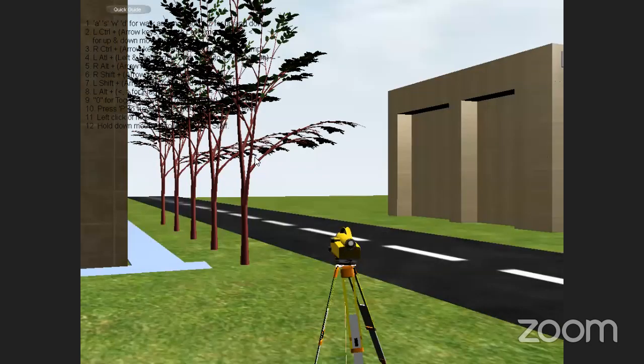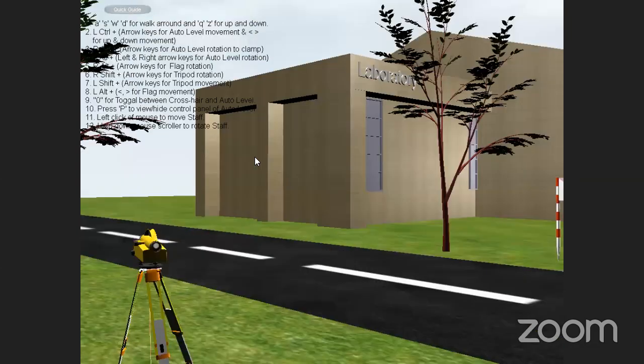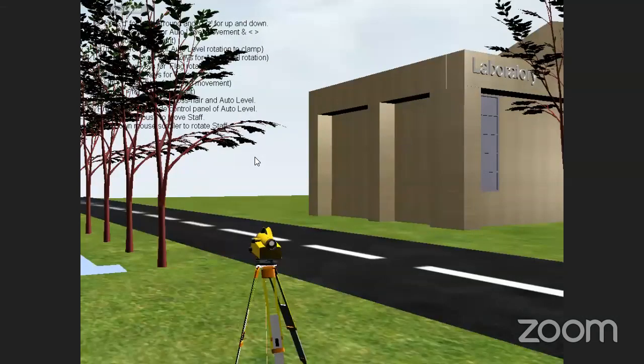See, it is about 0.24 meters. We are going to move the telescope a little bit in a horizontal plane only.